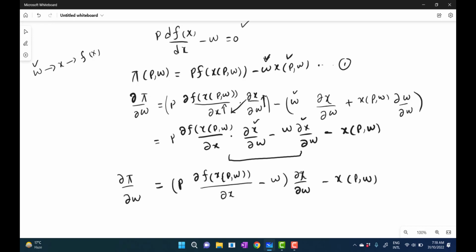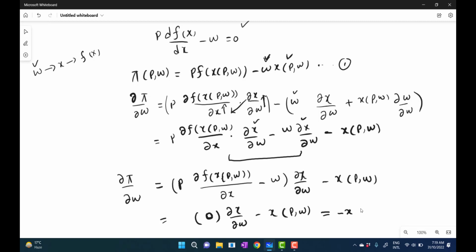We took this thing common, the change in x due to the change in W. But we know that from the first order condition, this term is equal to 0: P times the change in f of x due to the change in x, minus W, is equal to 0. So if we put it equal to 0, this term will become 0, and we are left with